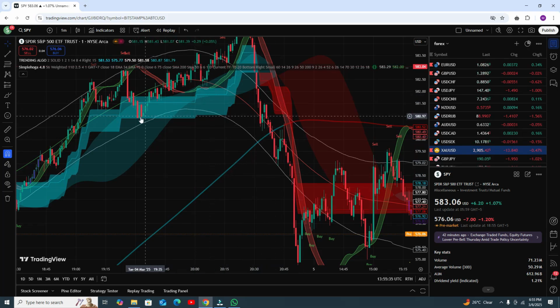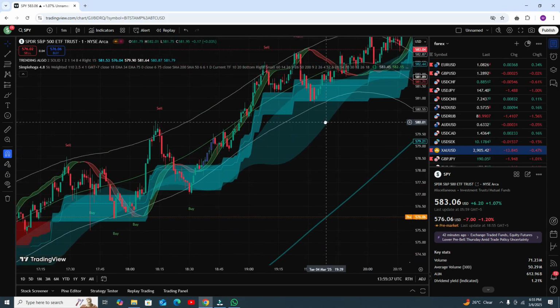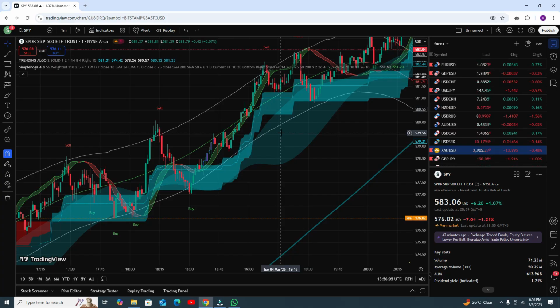Now there are two types of trending clouds here, the first trending cloud and the second one. When both are blue, that is a very strong buy area. The third thing here is a band. The fourth thing is the RSI, and the fifth thing is that there are a lot of buy and sell signals. So we need to identify how to find the strong buy area.